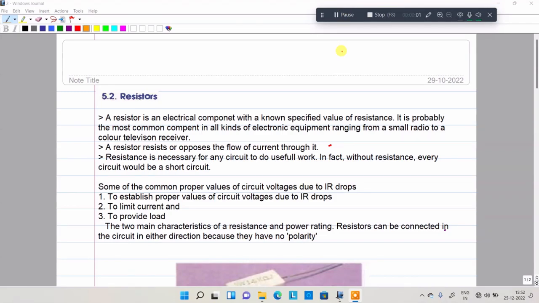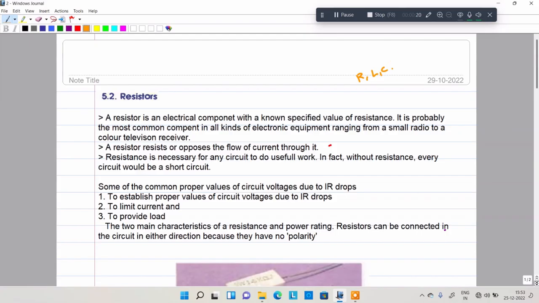Hello. So we are moving to the passive circuit elements. Introduction is completed for the passive circuit elements. What are the passive elements? Resistor, inductor, and capacitor. Let us discuss